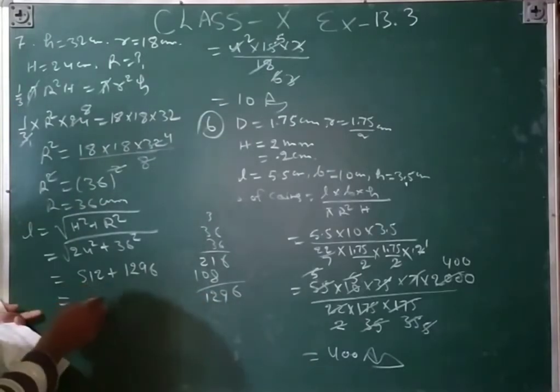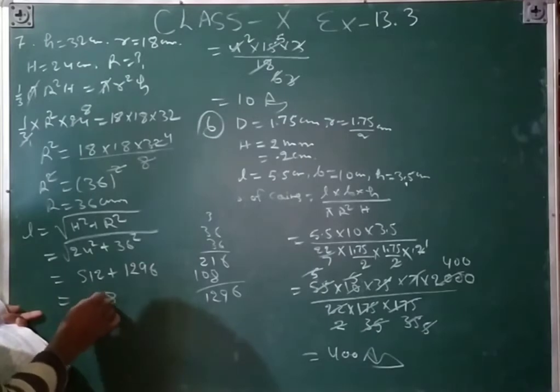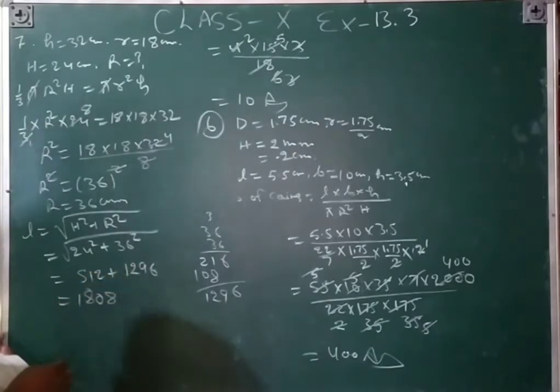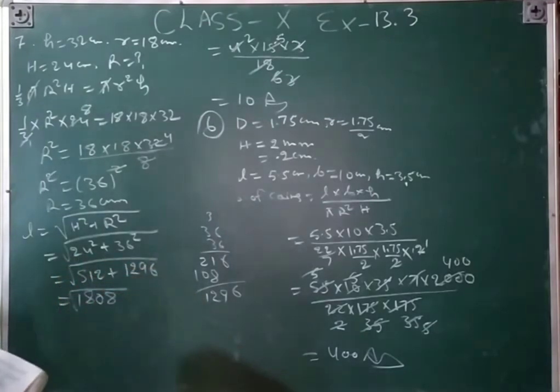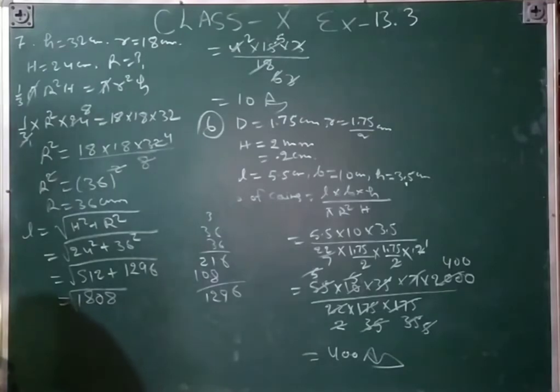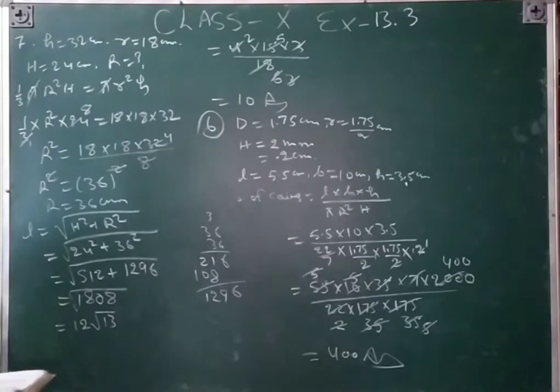is equal to that 8, and then 9 2 9 1 10, and then 5 2 7 1 8, then 1 18, 18 0 8 is that one. If you find the square root of that one, that will be 12 under root 13. 12 under root 13, you will find that square root.